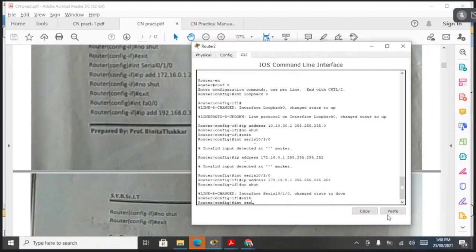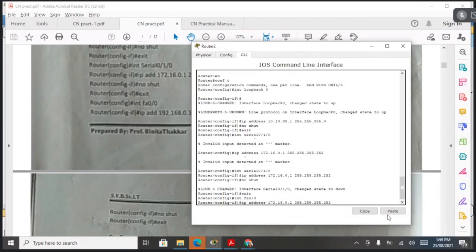One more interface is there, that is fast ethernet 0/0. So we can write as a fast ethernet 0/0. For this IP address is given, that is a 192 wala.